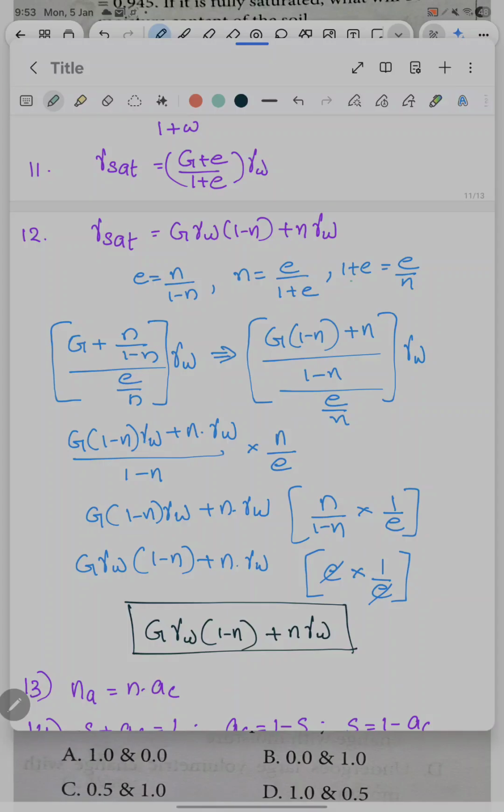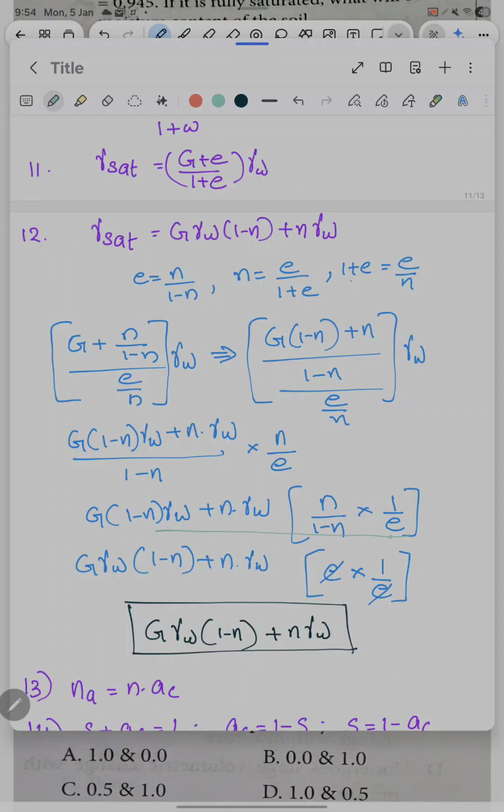G into 1 minus N into gamma W plus N gamma W by 1 minus N into this E by N goes to the numerator, like N in N by E. Okay, just multiply, the denominator is E by N, just multiply with its reciprocal. So N by E, and on solving we get